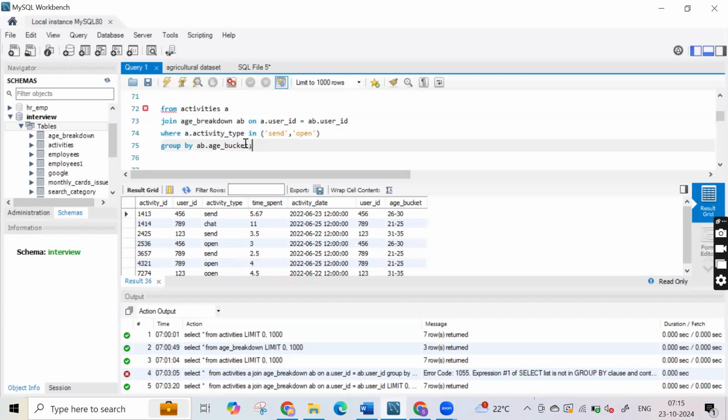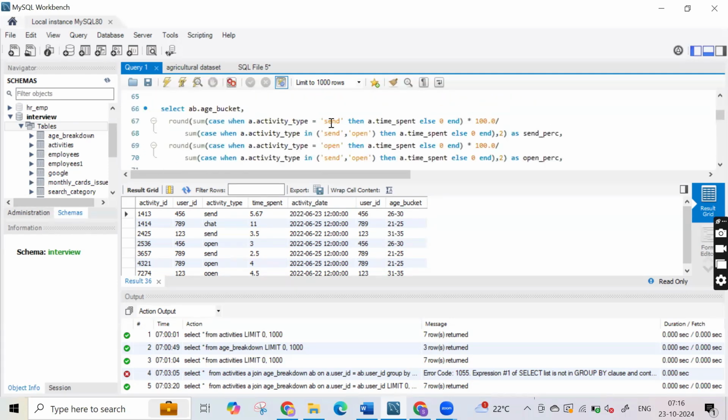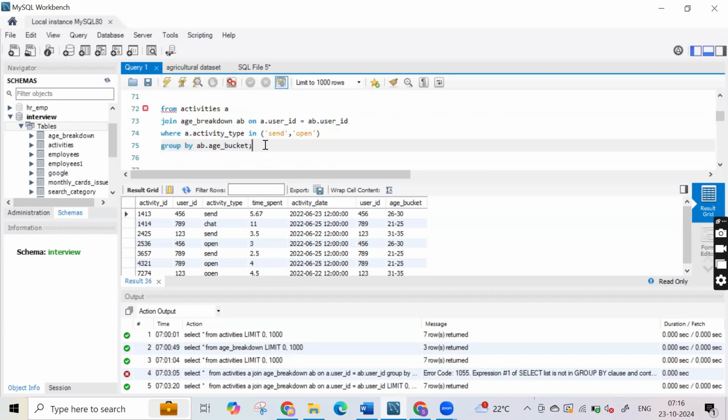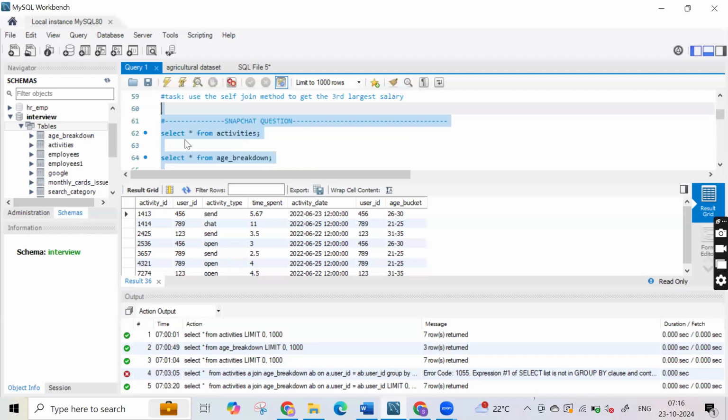Now when you are done with this, what will you do? You will group by the age bucket. The third step is grouping those filtered records with respect to the age bucket. And once this is done, the select command will follow from that particular table. You will be selecting this, and when you run this,